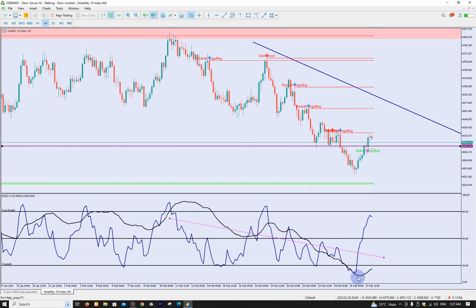Right here on my RSI on the 4 hours time frame, you see what is happening. The moving average is actually acting as a support, pushing the RSI upward, and this is what we are currently seeing. It's a bullish move, and we're expecting price to fall down because this is a strong supply zone where we have